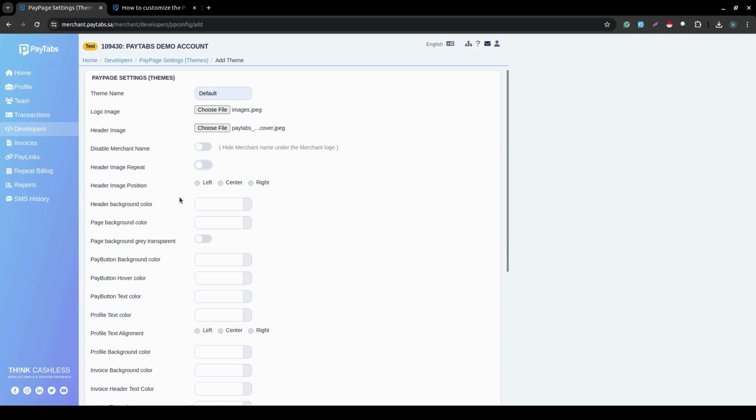So for example, if you want to change the background color of the header, the background color of the page itself, or if you want to make the background color transparent, this is very useful for your iframe mode. So if you want to use your iframe mode and just show the payment page and make it transparent to your website so the color of your website is displayed, this will be a very powerful option